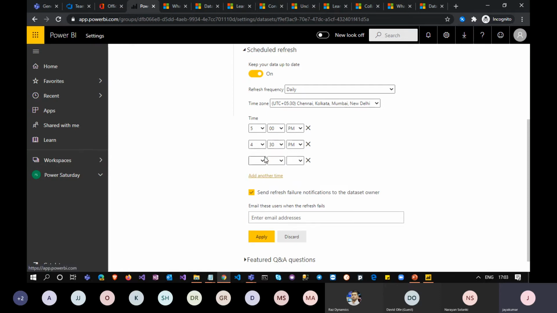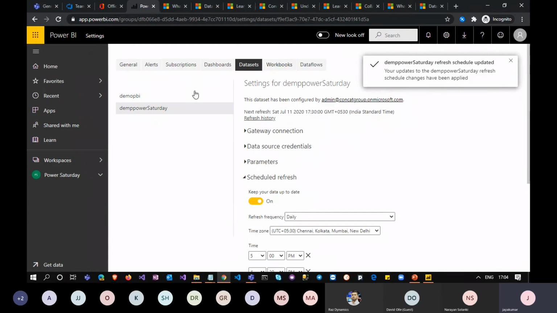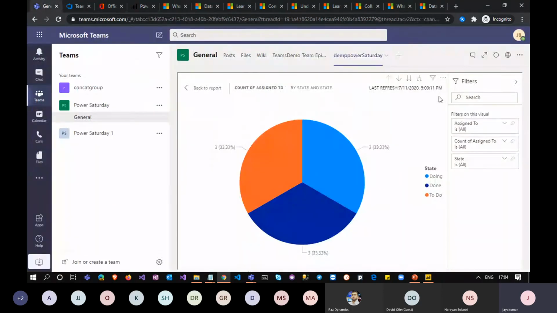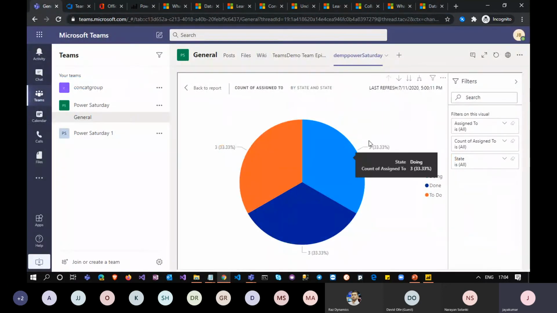So our changes have been applied, but I guess it will take some time to refresh here, but no problem. Now let me go and change the status of one task.